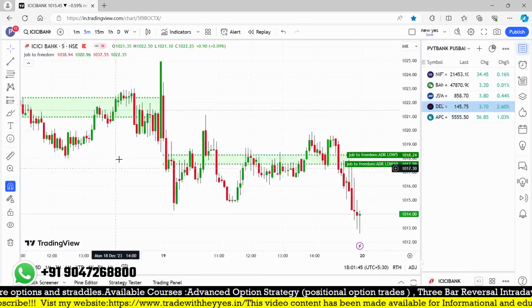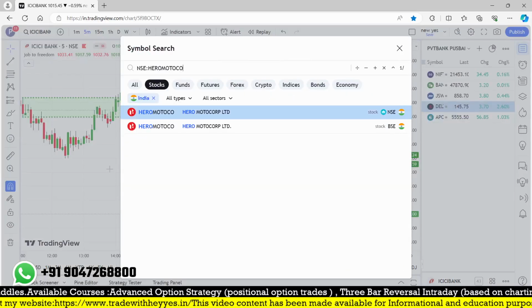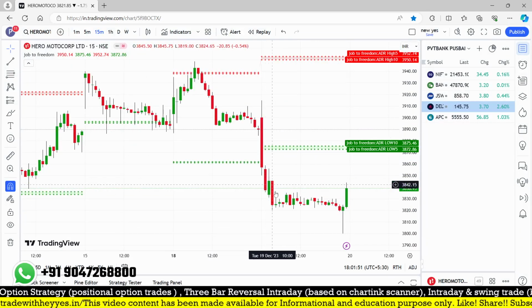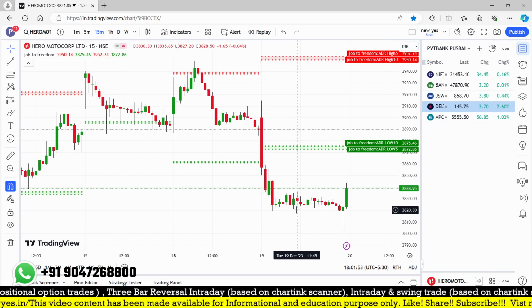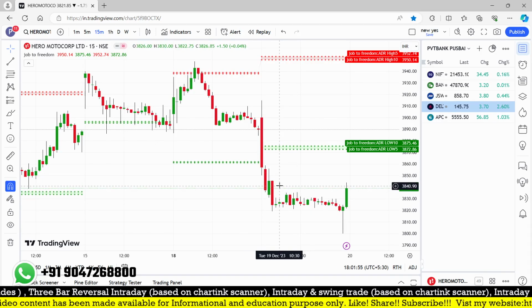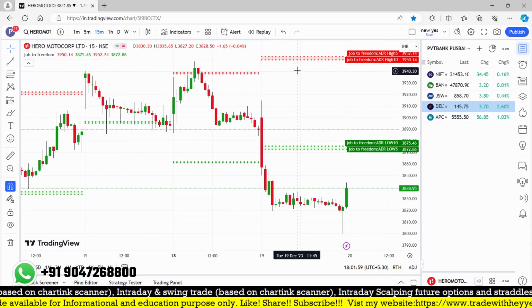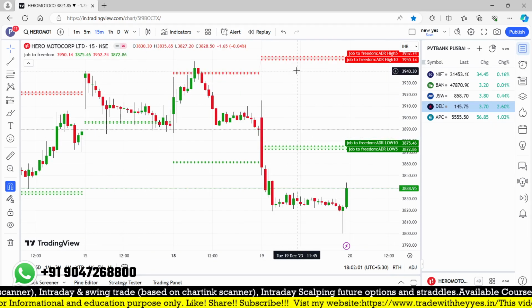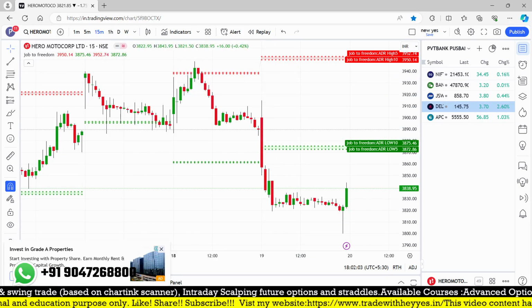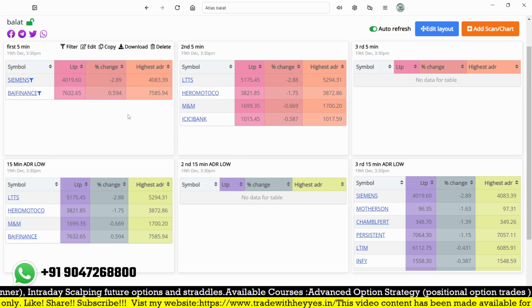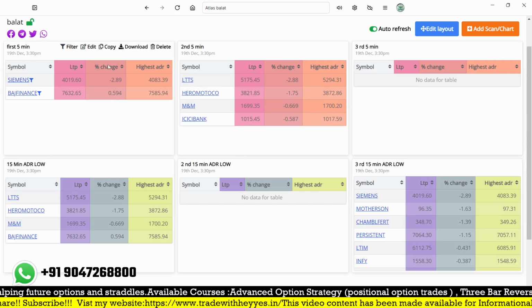What's happening? We can look at Hero Motorcorp on the 15 minutes time as well as the 5 minutes time. Once the 15 minutes is broken it is giving you some good benefits, so you can easily plan for an intraday opportunity. This dashboard, based on this indicator, we have created with a customized indicator on charting, so you can use it this way, and utilize it more. If any stock crosses above that particular level,